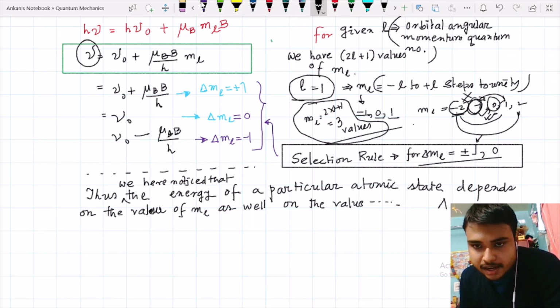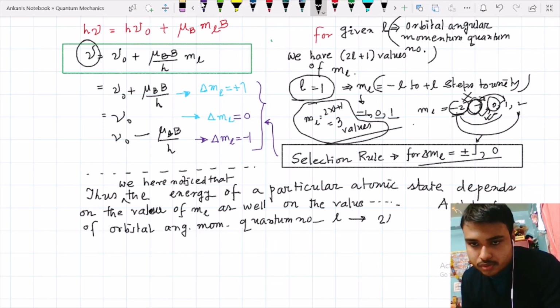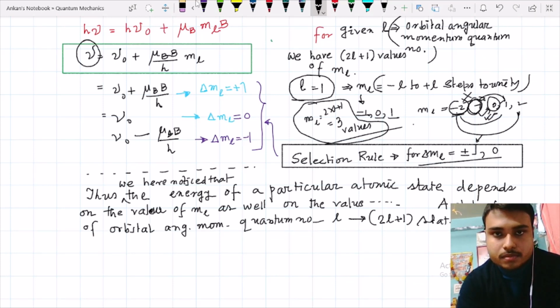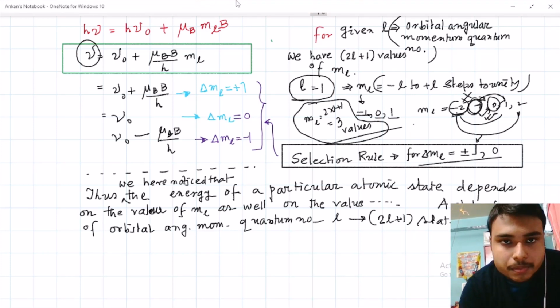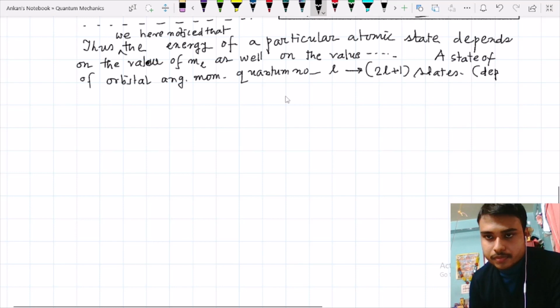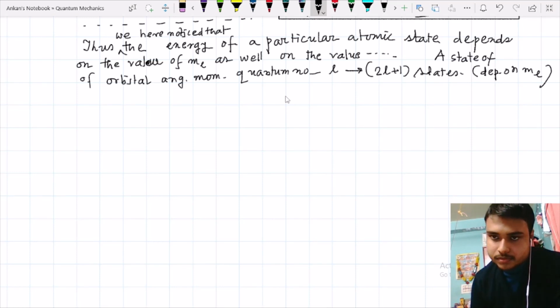So a state of orbital angular momentum quantum number L can split into 2L plus 1 states, depending on the value of ml, so that it differs in energy,